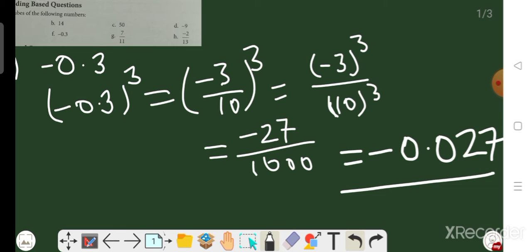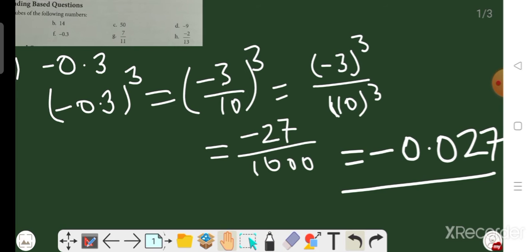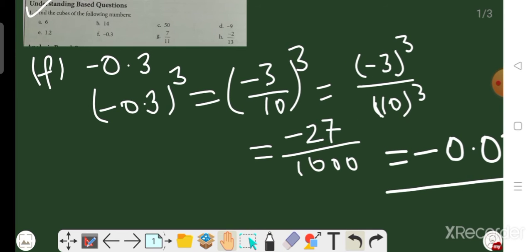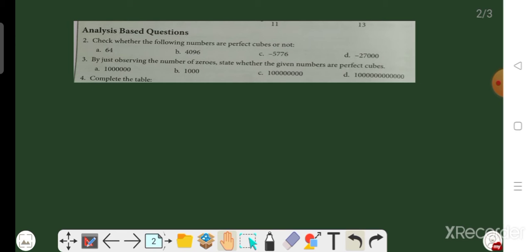Okay. The remaining parts of this question are the same as the A and F parts beta. Try to do them by yourself. I hope you will get it. Now we will move on to question number 2. In question number 2,